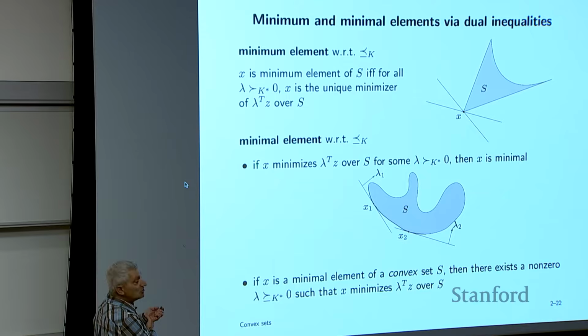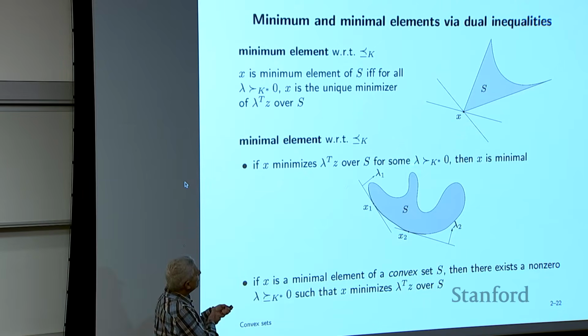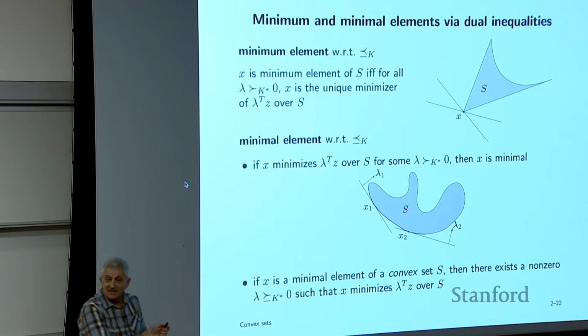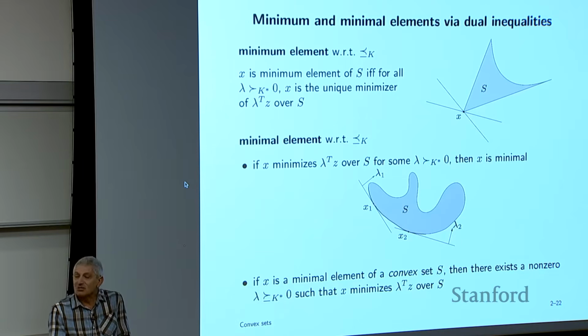Minimal elements, you can find these actually very nicely. This says you simply take any weight that is positive in the dual cone, and then you minimize this linear function over Z. And what happens then is you are guaranteed to get a minimal point. Now you've seen this in other contexts. This is like, when you're doing multicriterion optimization and you make a weighted combination and you minimize a non-negative weighted combination, you get something that's Pareto optimal, which we'll talk about all this stuff later.